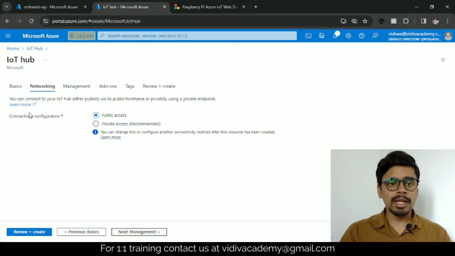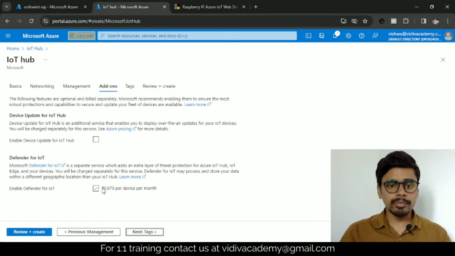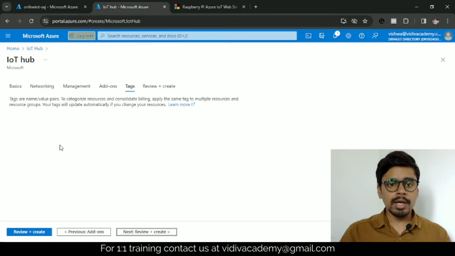Networking and connectivity, I'll allow for the public access. Again, click on next. I'll set my permission model as shared access policy plus role based access control. Then again, click on this next. We don't want any ads on because this will cost more. Now click on this next and add